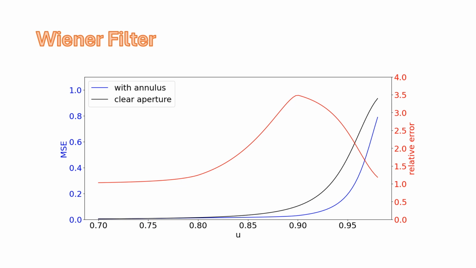If we do that and analyze what the impact is on the signal-to-noise ratio, of course, if we had only the annulus, then the error would be bad over here where the spatial frequency is less than 0.75. But because we're combining these 2 apertures, our relative error never goes below the error that we would have for the clear aperture alone. So here we're comparing the mean square error. This black curve is the clear aperture alone. The blue curve is when we've added the information from the annulus. And you see that near the edge of the band, we get up to 4 times improvement in the transfer